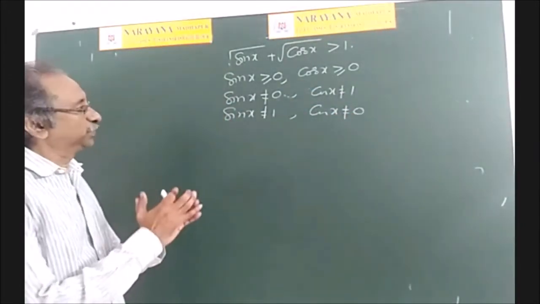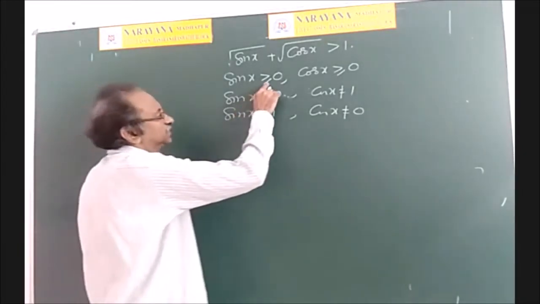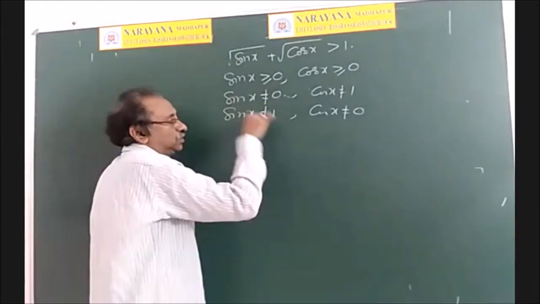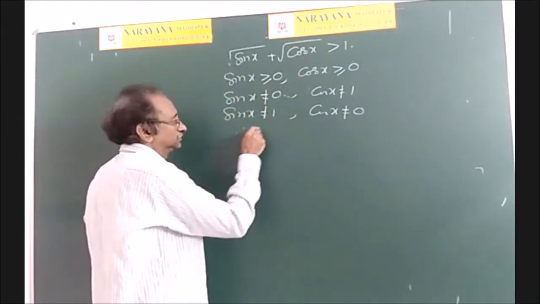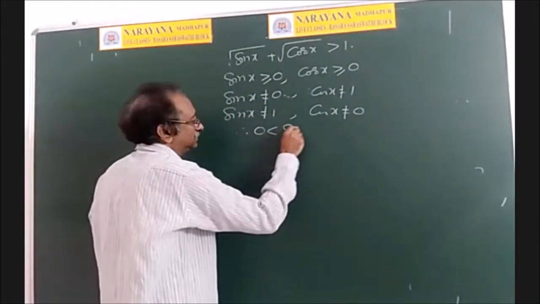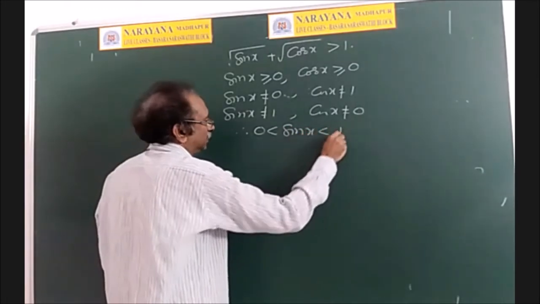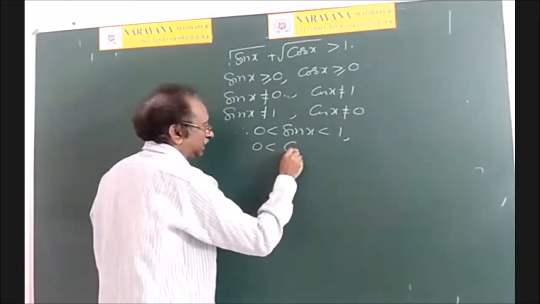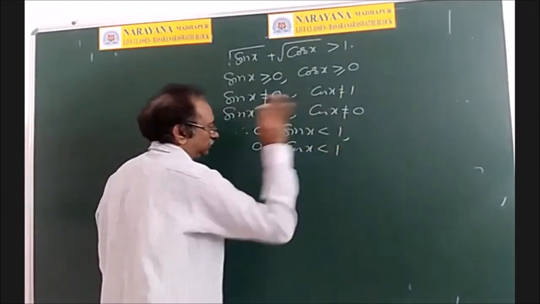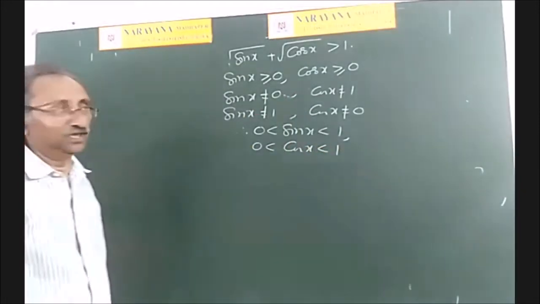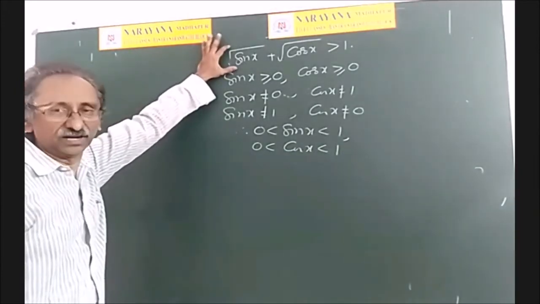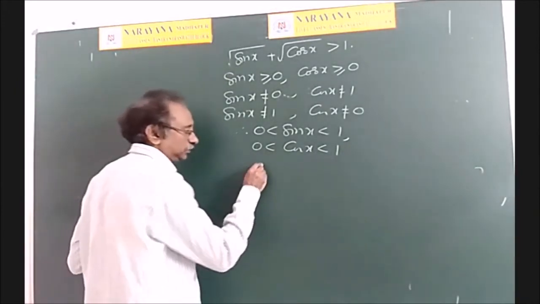So finally, what we decided is sin x must be greater than or equal to 0, but not equal to 0, not equal to 1. That means 0 less than sin x less than 1. Similarly, 0 less than cos x less than 1. Remember this. And now coming to this inequality. When this inequality occurs, first of all, for that, you tell me,